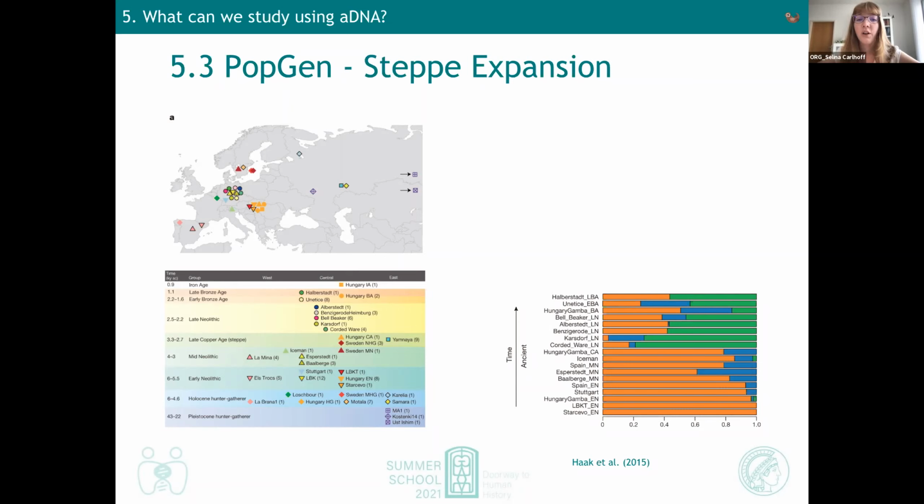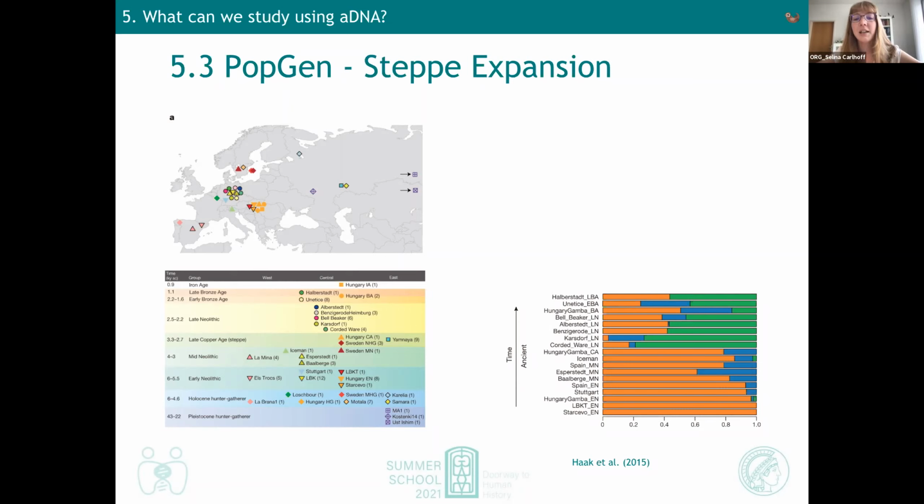And if you go through time, if you go further into the future from that point of time, you can see that there's a blue component coming in, which is representative of hunter-gatherers who inhabited the region previous to the arrival of the farmers. But then around